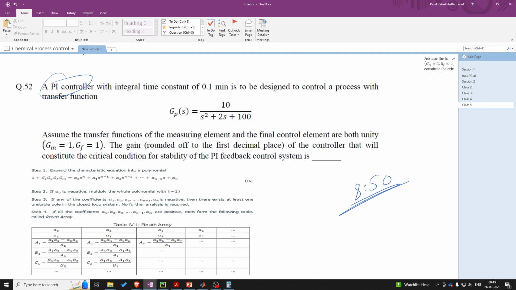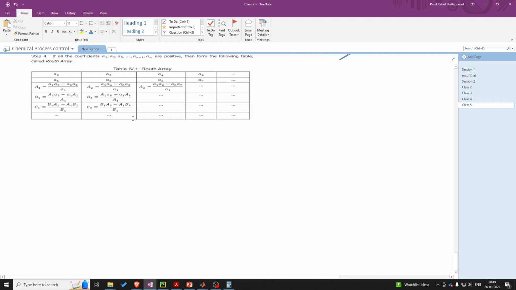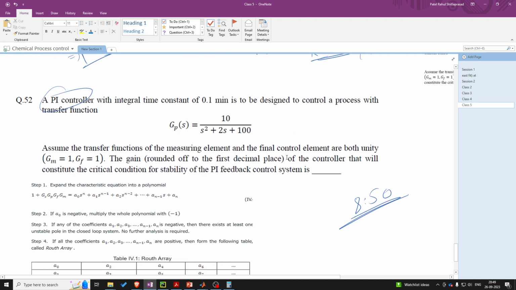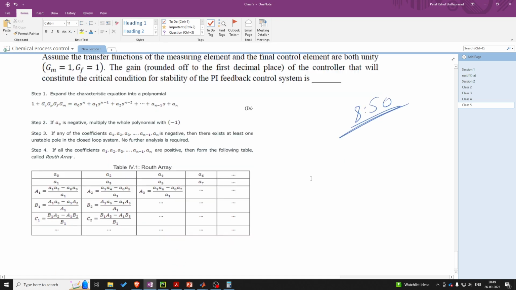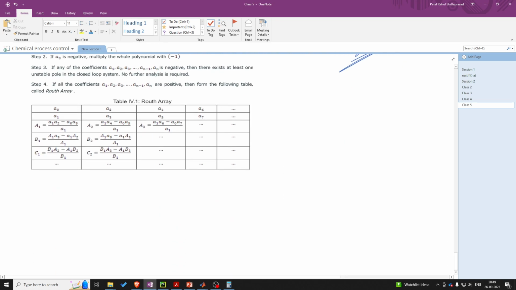So let's just try solving the question. I will show the Routh array later on. So first we will draw the block diagram of the question. That is, we have been given a PI controller with an integral time constant and the process. Rest all things are 1. So rather than drawing the block diagram, we can straight away write the characteristic equation